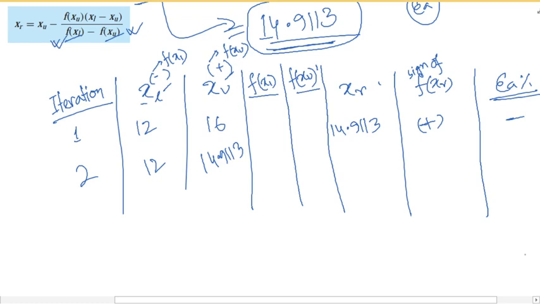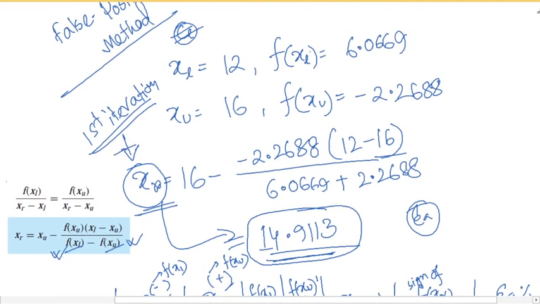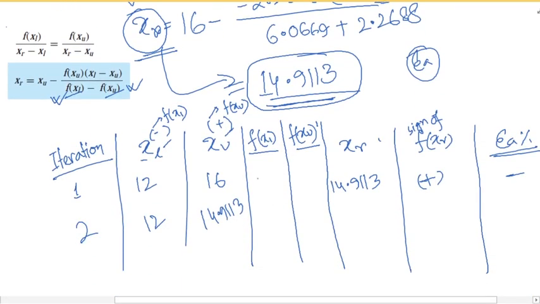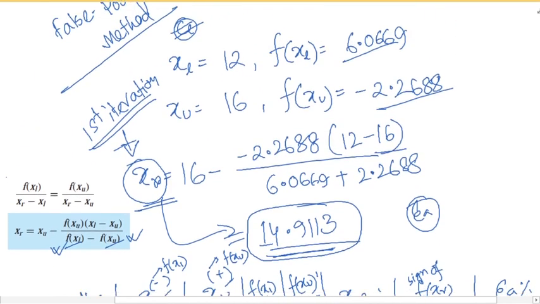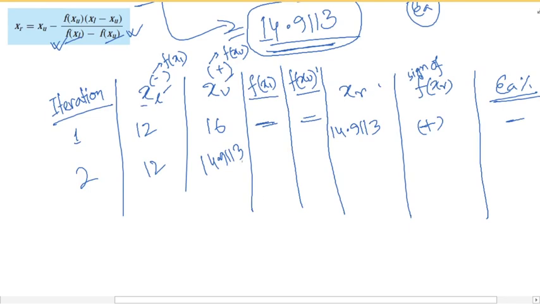So FXL, FXU we have calculated here, this one and this one, which we have used. So we will be writing these two values here, and FXL will be remaining the same thing, 6.0669 if I'm not wrong,